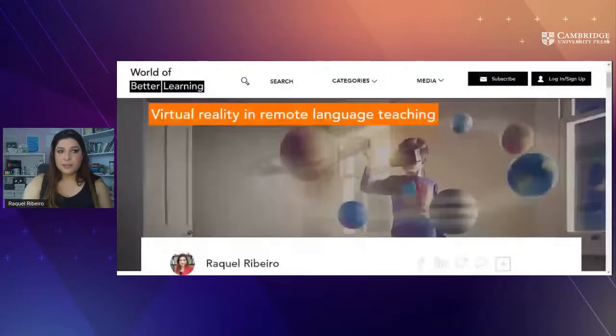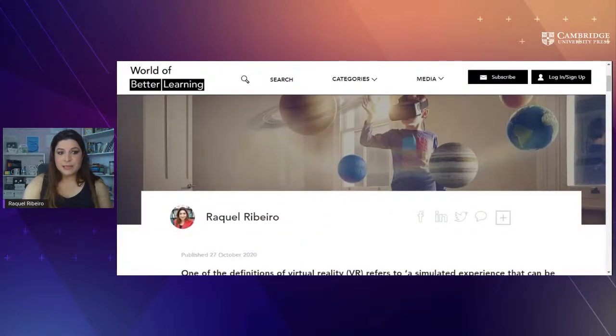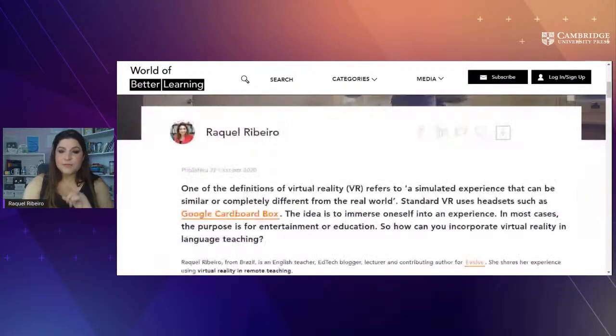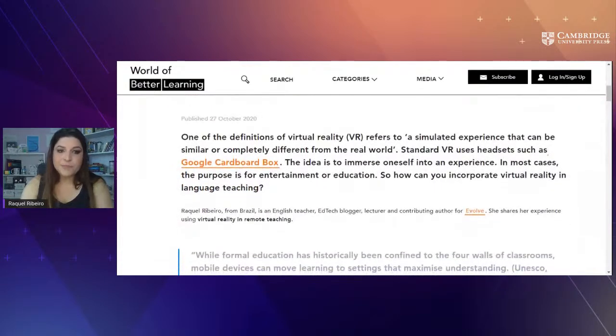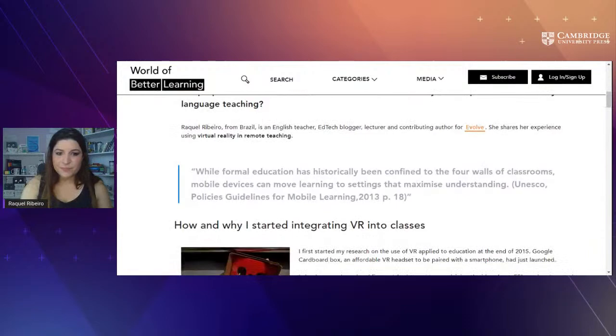Let me show, I wrote a post in detail talking about how this worked with the young learners and involving the parents and the teenagers and the adults, of course. It's here in the World of Better Learning blog. And something else which I've been doing in terms of teaching, some of the blogs are audio blogs because of accessibility and inclusion.